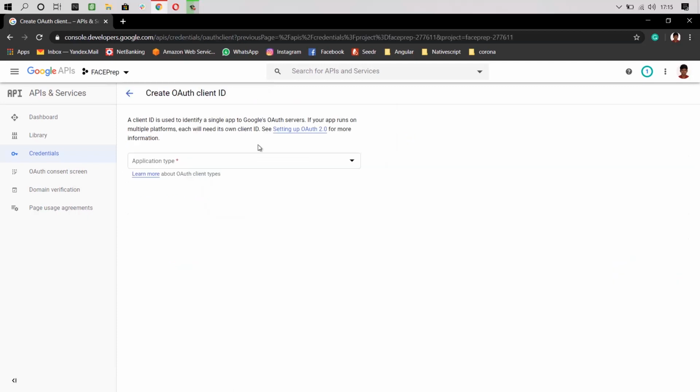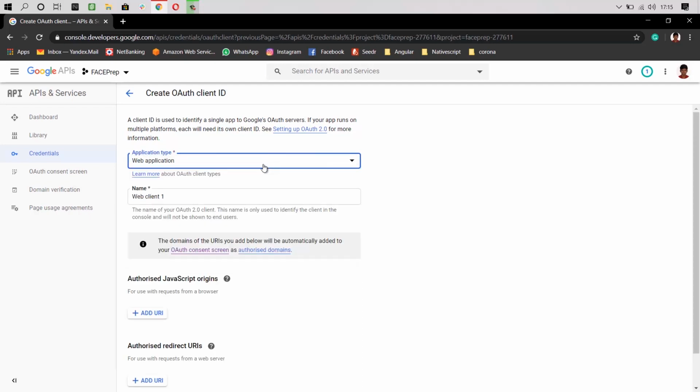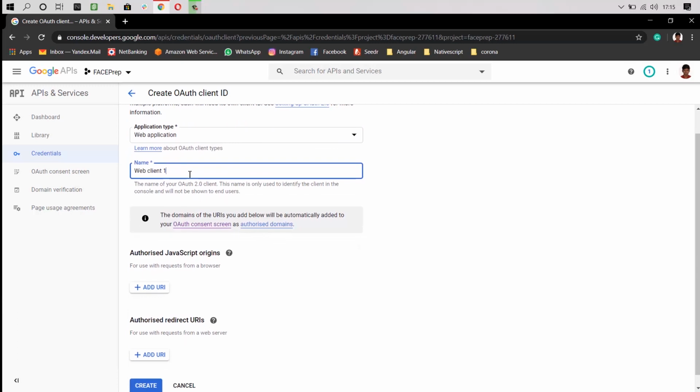Here I'm going to create the client ID, and we choose the application type. Now we are going to discuss a web application, right? So I'm selecting web application. If you are trying with Android, then you can choose Android or iOS or whatever it is. I'm using web application and here I'm giving the web client name. So I'm giving the web app name.